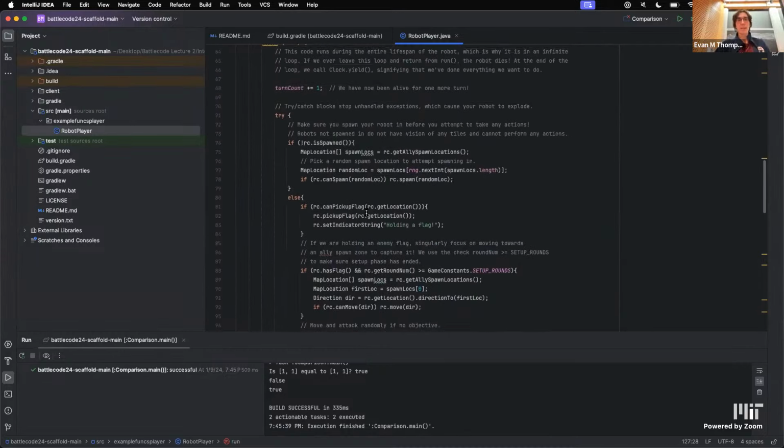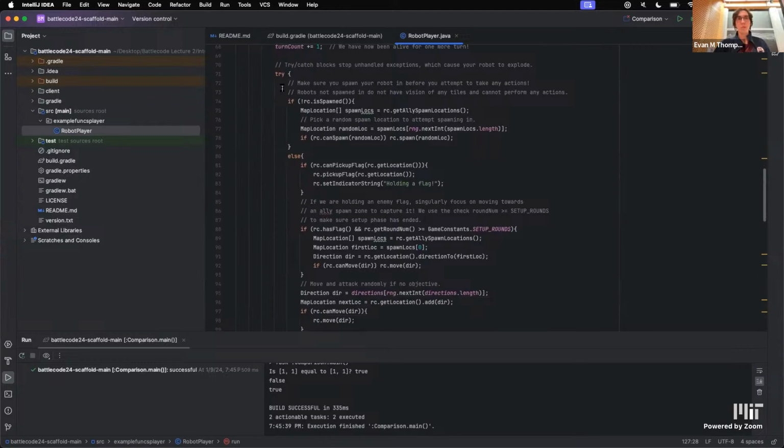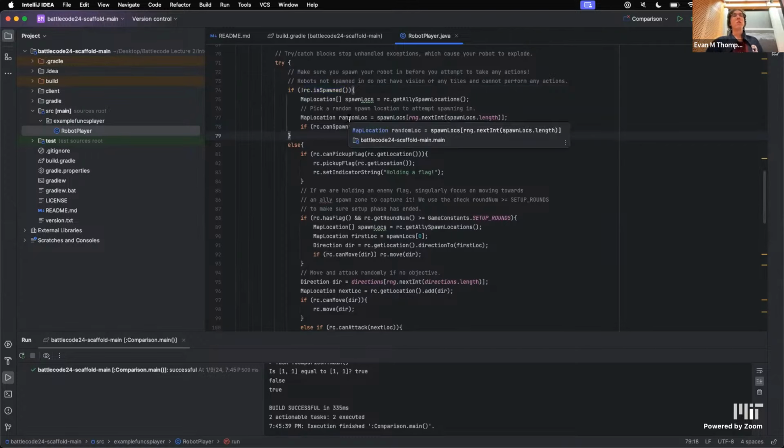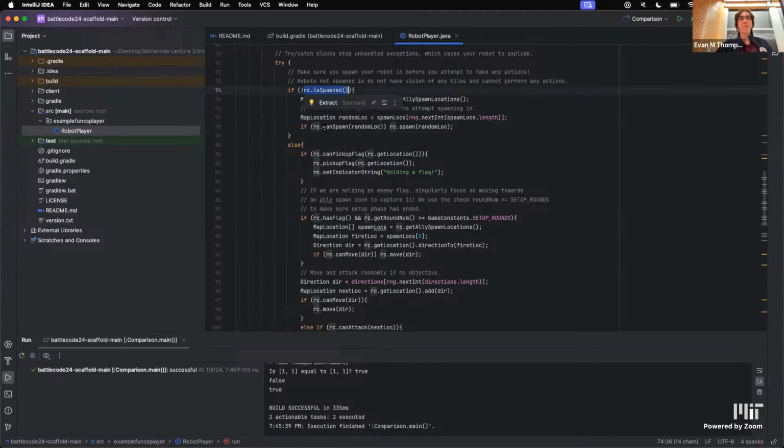More importantly, let's get into the actual logic. Inside of our try block, first we check if rc.isSpawned. As we mentioned yesterday, when the game starts out, none of the bots are spawned in, and we'll need to spawn them into one of the spawn zones before we can actually perform any actions. So we check first if it's spawned. If it's not, we need to actually spawn it. The way we do that is we call